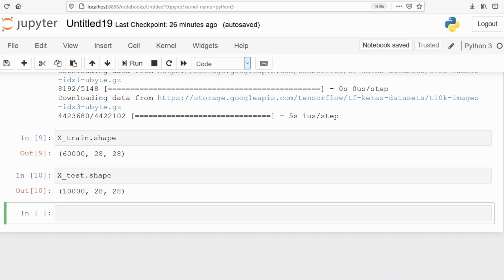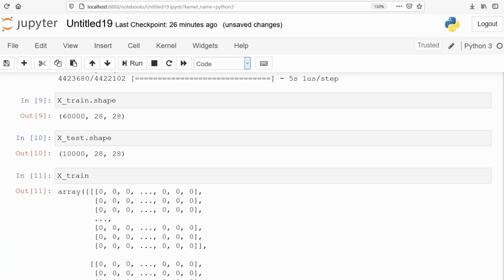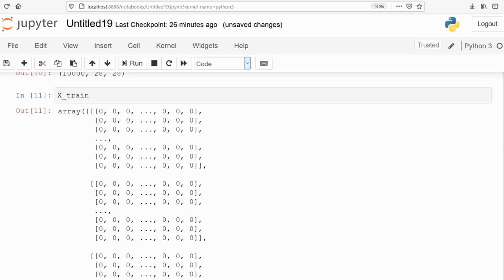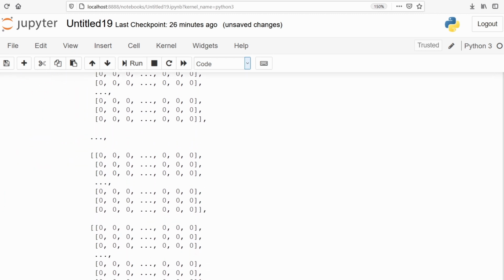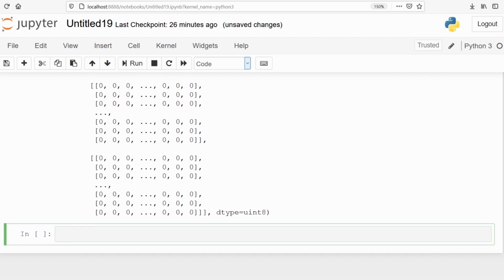Let's check the values present inside our xtrain variable. As you can see, the values are starting from 0 and there will be some maximum value. Whenever we are developing a neural network, we should not give the neural network values more than 1.